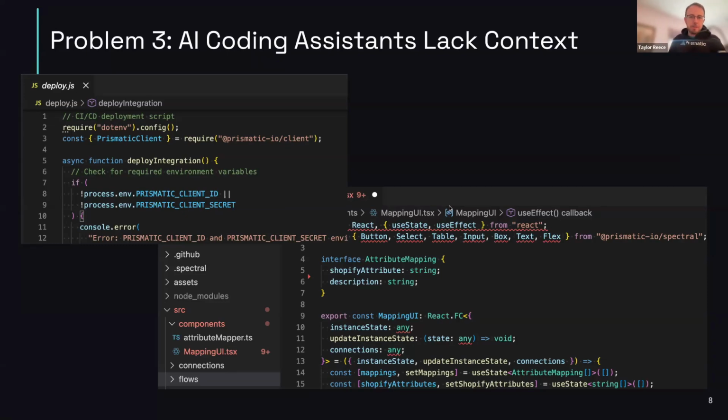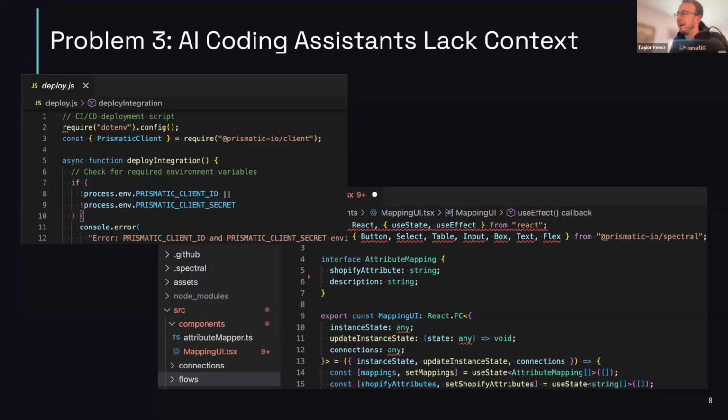It needs to have a field mapper in the config wizard. You should use Prismatic Spectral Library for building a custom component, blah, blah, blah. I don't know what the exact prompt was, but something like that. He was a very technical person, but not a developer. So to the untrained eye, it sure looked like the code that was generated was relevant to integrations. But to any of you who have built custom connectors and code native integrations on our platform,